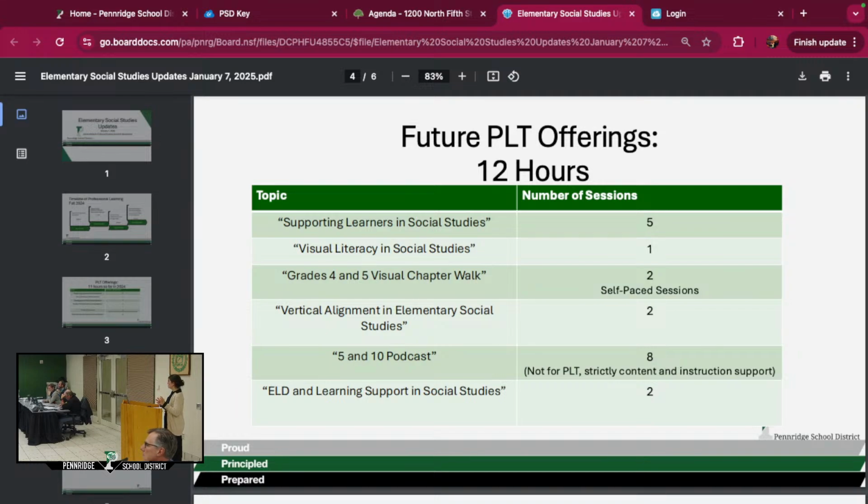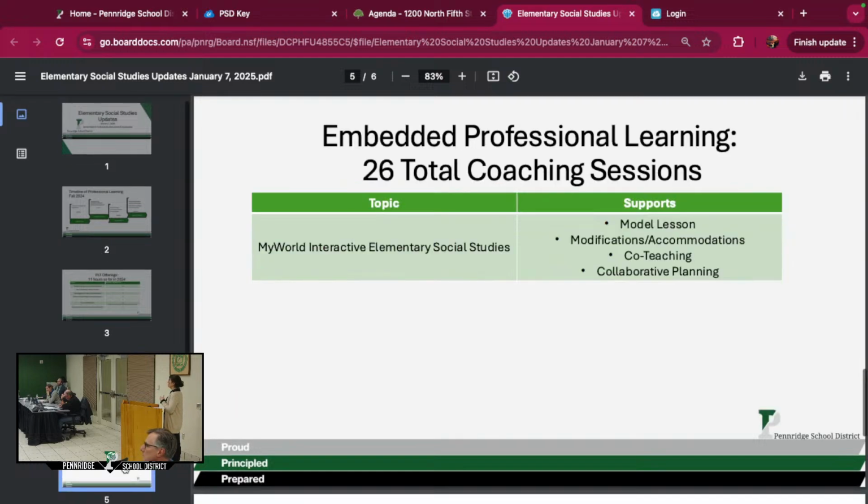So you have your district offerings, you have your professional learning time offerings, and then we have embedded professional learning. So this is the third layer of support. So far this year, we have 26 total coaching sessions. A coaching session could be anything from a model lesson, a teacher and a coach working together to accommodate a student's needs, whether they're ELD, special ed, or just a student that needs something accommodated for them. Doing any kind of co-teaching or collaborative planning